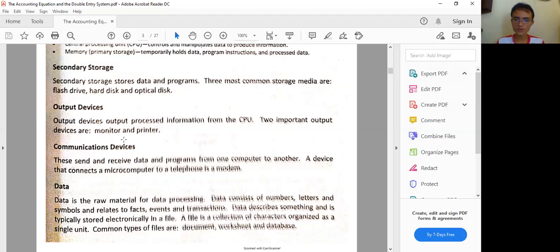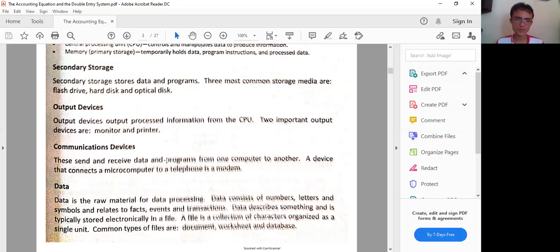Then you also have the monitor, so the screen of the computer, which shows, for example, the video, whatever you're watching there, could be typing, etc. So it's there. Another one is the speaker, in which it would generate the output. Okay, so those are items that we can take note of, and even communications devices. So example of that would be a modem that sends and receives data and programs from one computer to another. So in this case, it's like both an input and an output because it gets the information and it also generates the output.